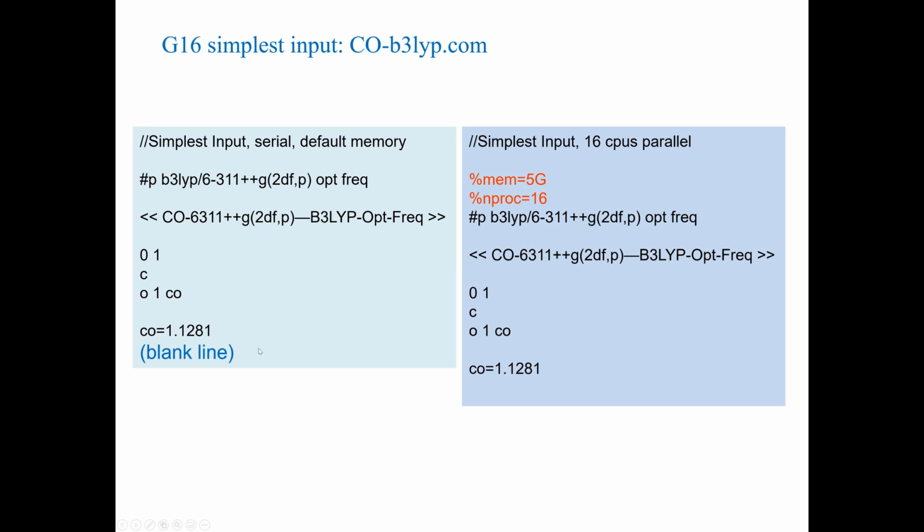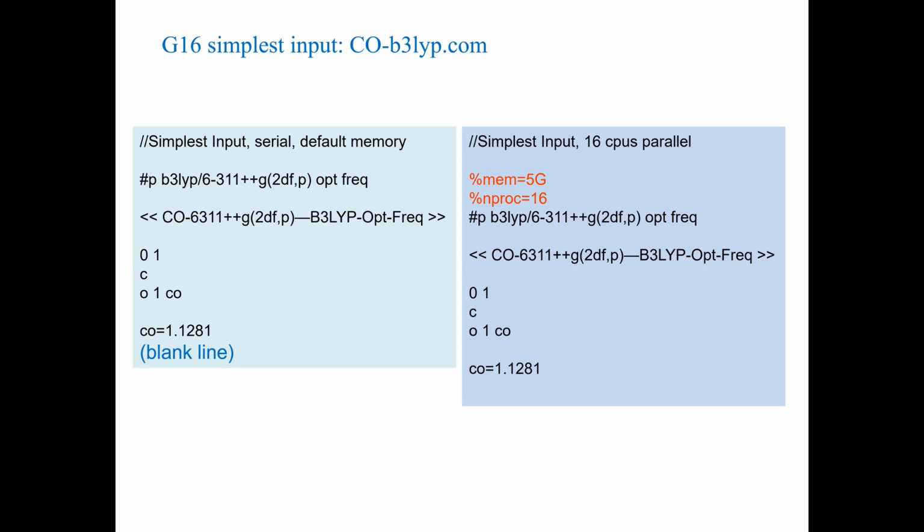Gaussian, you remember, always needs a blank line at the last line. It doesn't matter what, you always need to keep it, otherwise it will go through an error. I think many of you saw that when you're new to Gaussian, right? And then this will run, and you submit it, you run it, and it runs